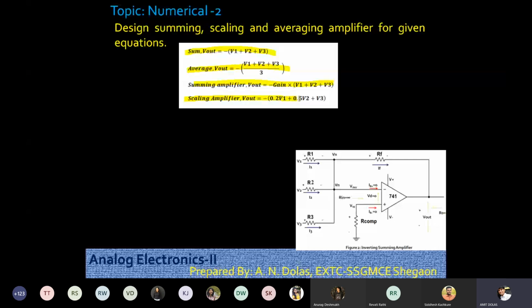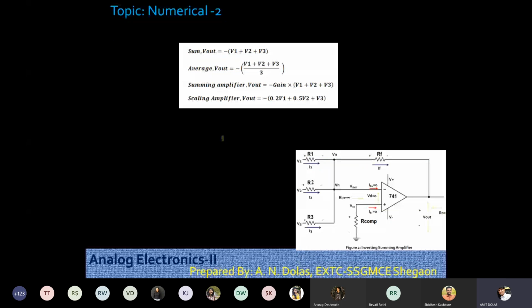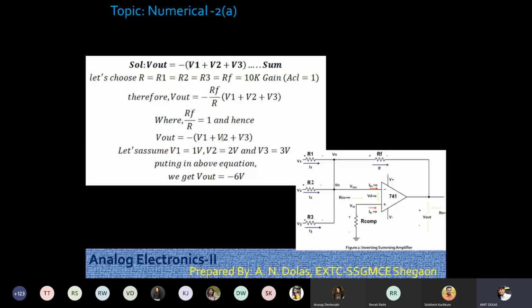So the circuit is similar again. You can see at the right hand side bottom I have used the same circuit. I am not changing the circuit. By mistake, during preparation of this PPT, I have interchanged this. IB plus should be at the bottom, IB minus should be on top. So please correct it in your notebook. I'll solve it for the first one.